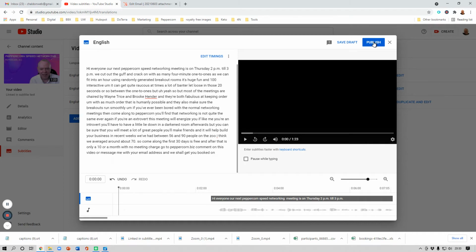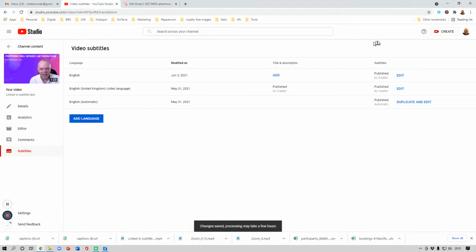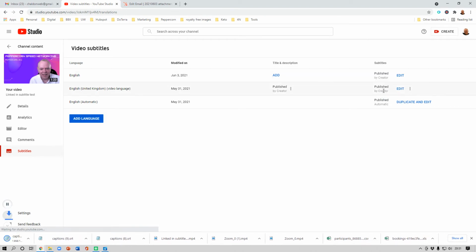So then, when you finish that, if you're happy with that, you can just publish it, and the published version is going to be here at the top. So what we want to do now is download the subtitle file. So if you click those three dots there, click on download, and it's the .srt file is the one you want,